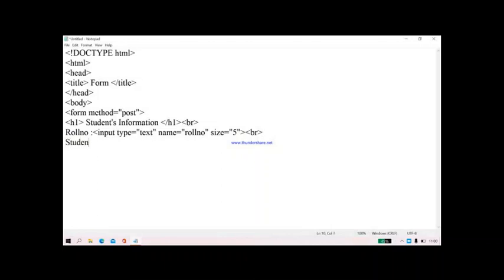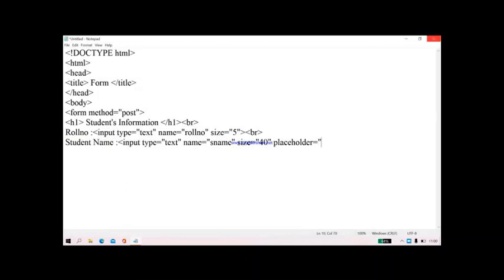Next, I want to insert the student's name. Again, I will write input type is equal to text, name is equal to the short form of student name, size is equal to 40, and here there is an attribute called placeholder, which tells students what to enter over there.